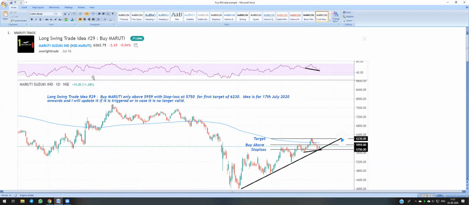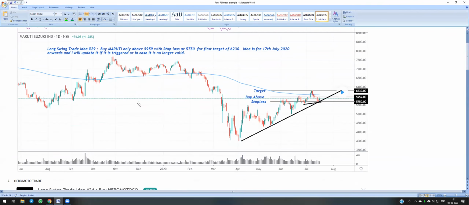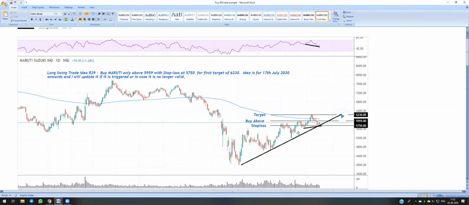So this is Maruti. I'll cover the four points that Indra said. The trend is up, the recent swing is down, right? You see that it's forming a higher high and higher low. The recent swing was down. Then there was a bullish confirmation on this Maruti chart. If you combine these two candles, it's kind of a bullish harami, and you see this RSI, right? The recent low on the price is up, while the swing low on the RSI is down, a hidden divergence. We took this trade above this level, and I'll show you the results.